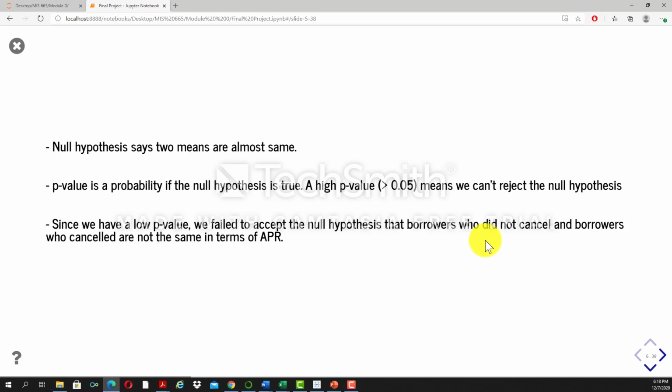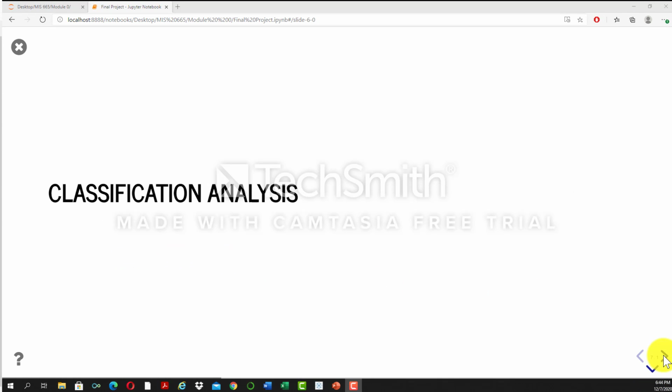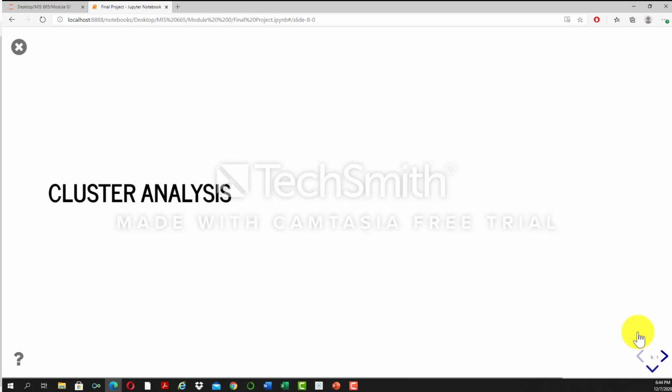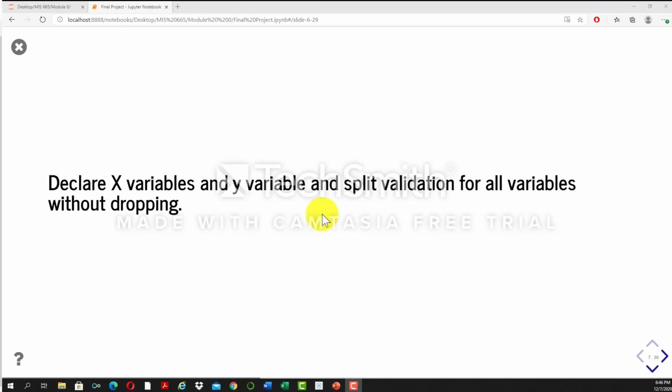That borrowers who did not cancel and borrowers who cancel are not the same. So we're going to talk about our classification analysis, regression analysis, deployment, and cluster analysis all together, since we don't have much time to go into details. For our classification analysis, after declaring our x and y